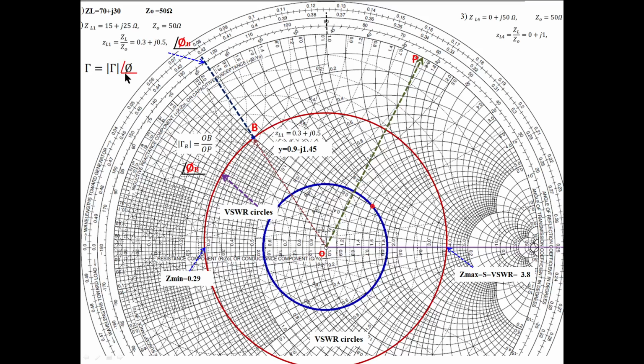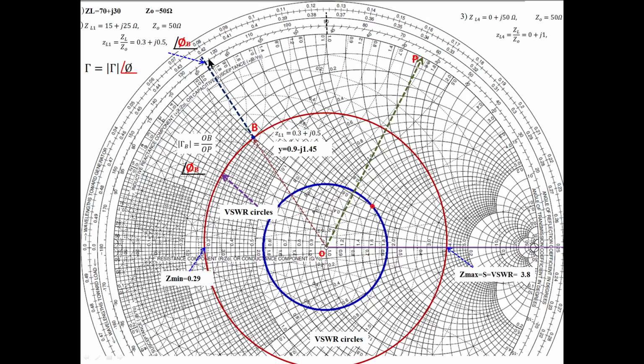Similarly, to find the angle, we have to extend this load line. See, this is the line I have drawn passing through the load point. We extend it to the reflection coefficient scale, which is here. We extend up to that point. Now you have to measure always from here. It is 120 here, but the line is not at 120, it is somewhere here, behind that.